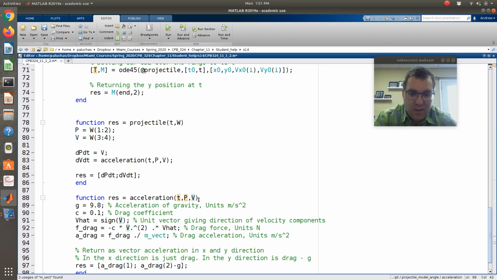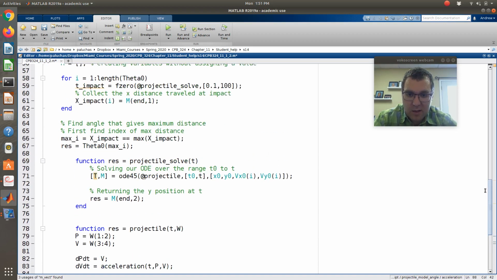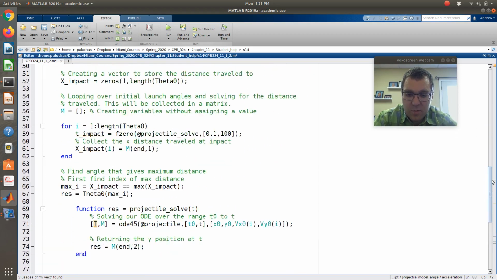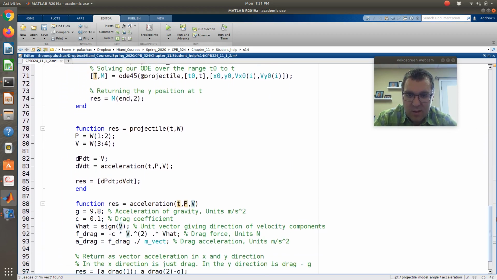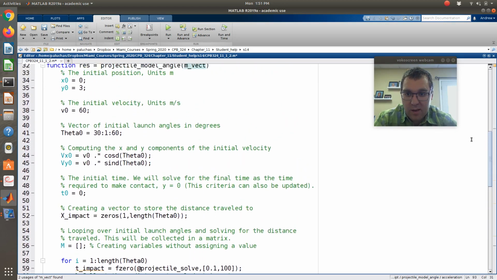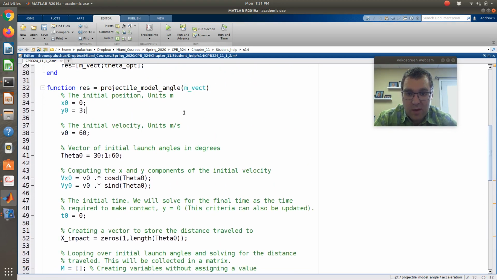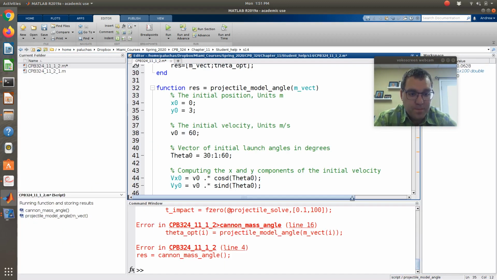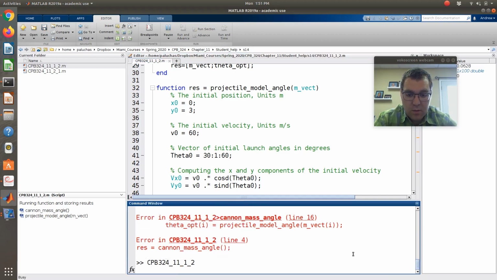So now I delete that. Now mvect becomes Cheyenne because it can actually see it up here, right? Rather than passing it, thinking that I have some local variable. Okay, so all I did is delete mvect. Then you magically saw these turn to Cheyenne because now it has access to the workspace of the function it's nested in. Now up here, this is Cheyenne. It's no longer yellow. Okay, so if we run that,